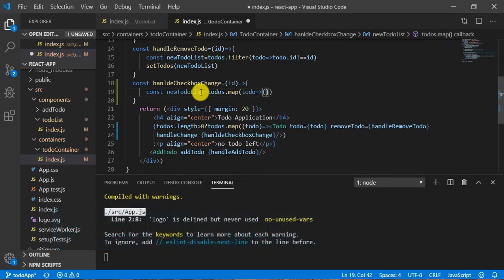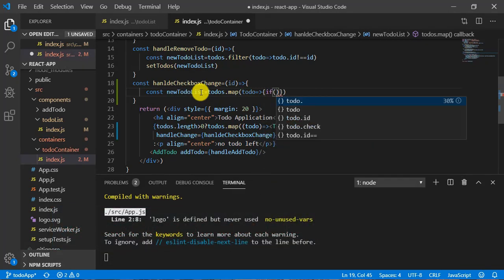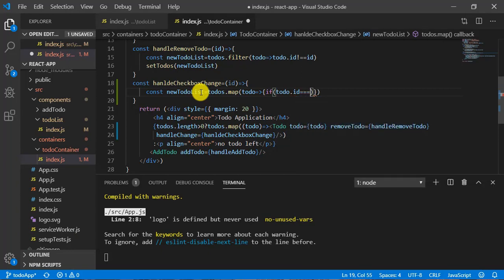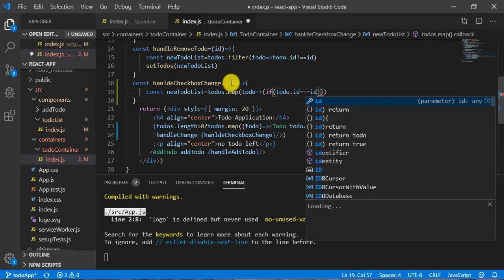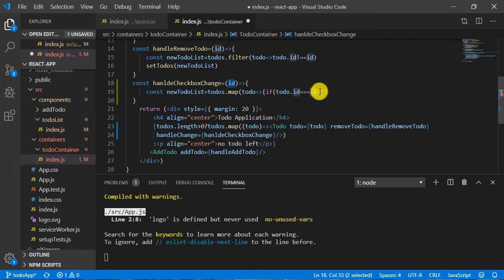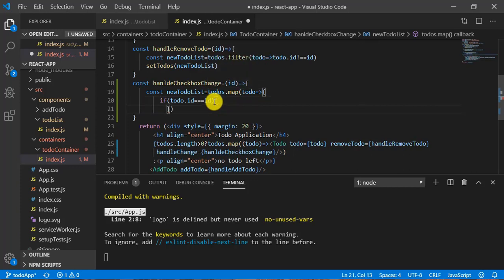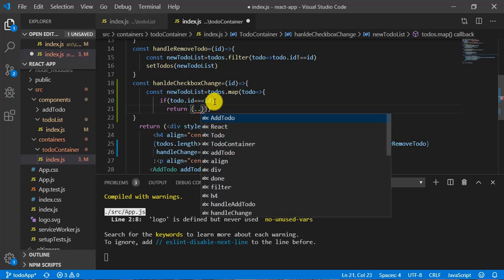In curly brackets I can write a condition: if todo.id equal to this id, so I am trying to match. If it matches, I am going to return an object, and that object is going to be todo itself.